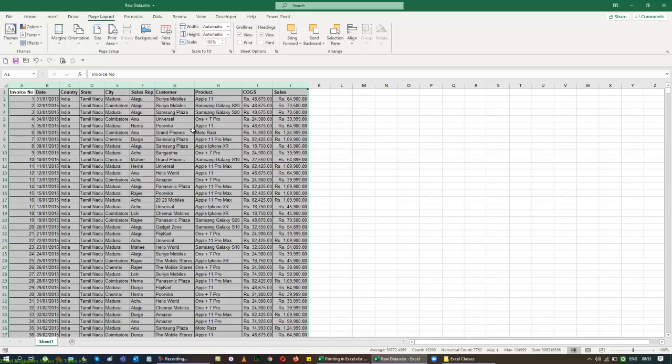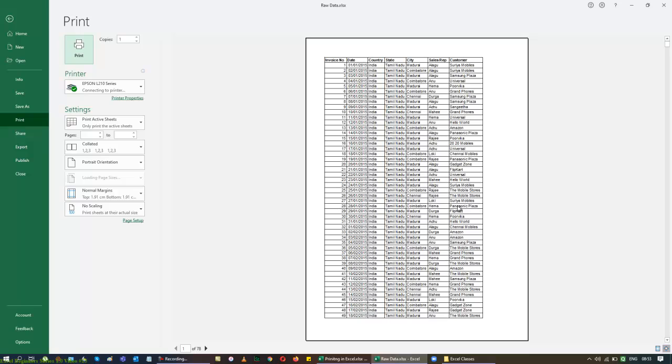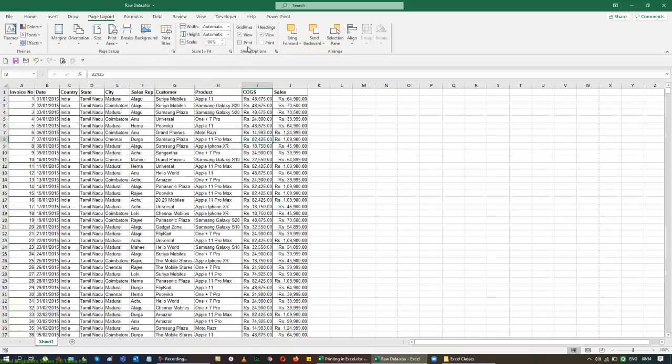Now if I go and print this page, I can print it. You can see I have one more line in the bottom part. We call this the quick access toolbar, or QAT in short. Here I have a shortcut which gives you a preview of a print. When I click this, it shows only until customer. But I have data beyond customer, so I have data of product, COGS and sales coming into play. If it is one column to be added to a list, probably I might work around with the data.